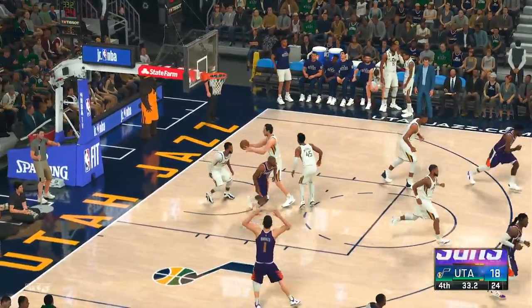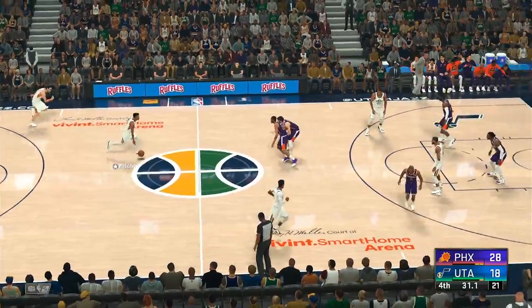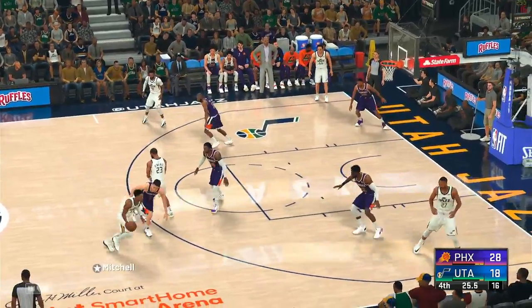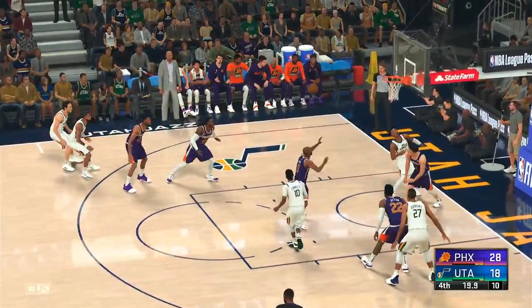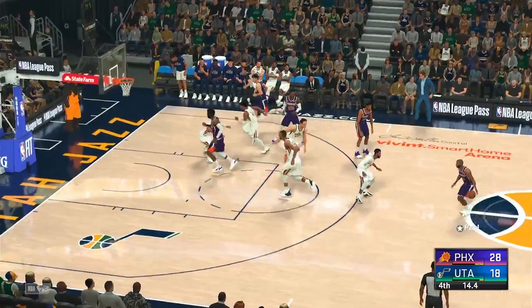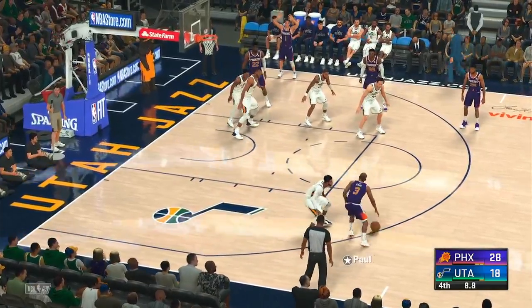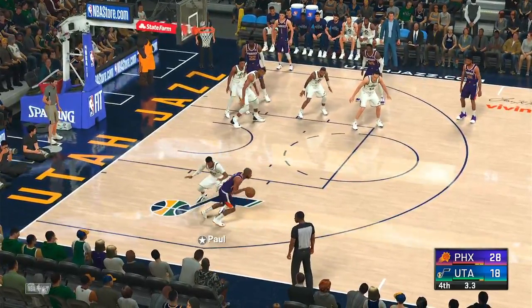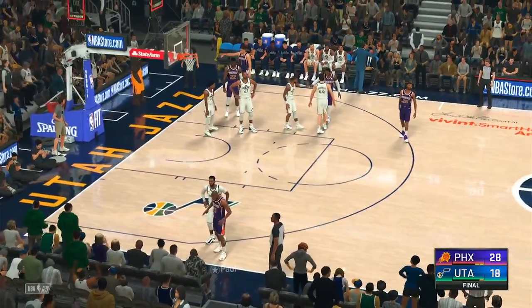The teardrop falls in. And now a 10-point Phoenix lead. Taking no chances, they go on one last run to seal the deal. Not messing around at all. They were focused, relentless, and they got the job done. We've got a 9-second difference between the shot clock and the game clock. Rejected by Booker. Conley against Paul. So it's the Suns winning easily here. This was a